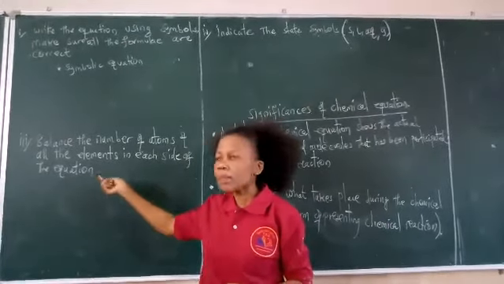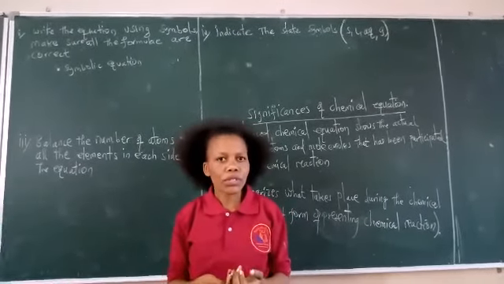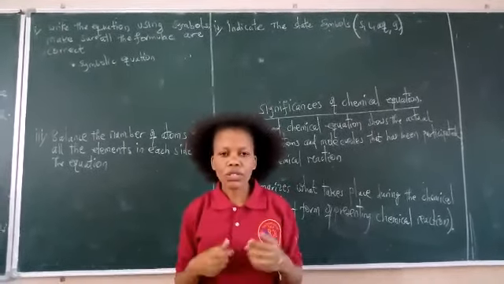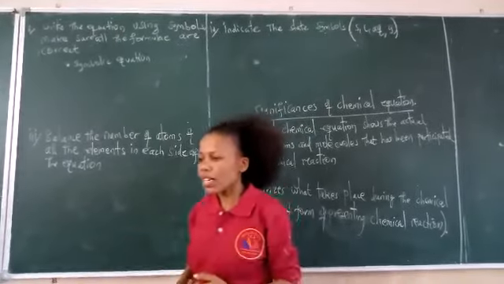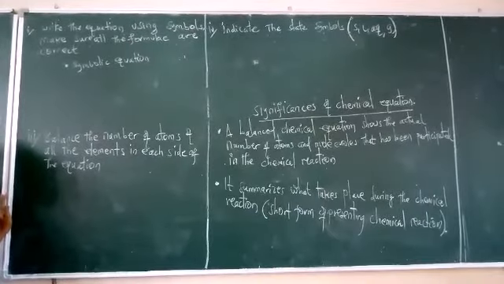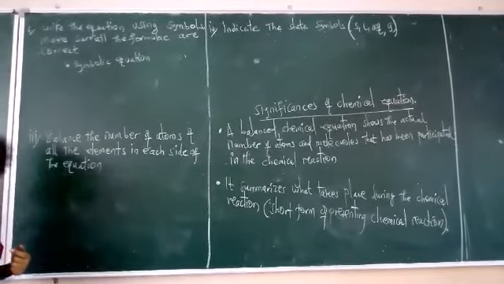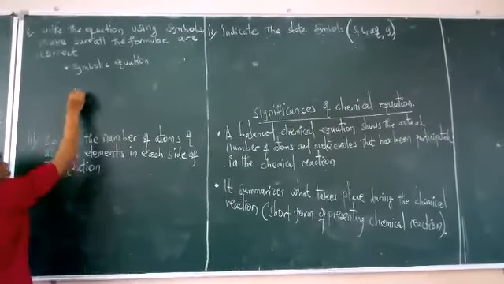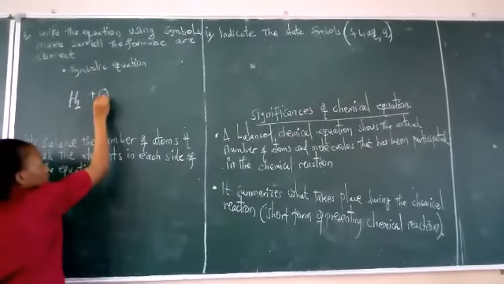now let's see the second step, which is a symbolic equation. Here we include all the chemical symbols and formulas of the reacting elements or reacting compounds or decomposing substances, depending on the reaction. Let's take the first example, when reacting hydrogen and oxygen to form water. Now we write the chemical symbols of those elements, all those molecules, all those compounds. We write hydrogen gas reacts with oxygen gas